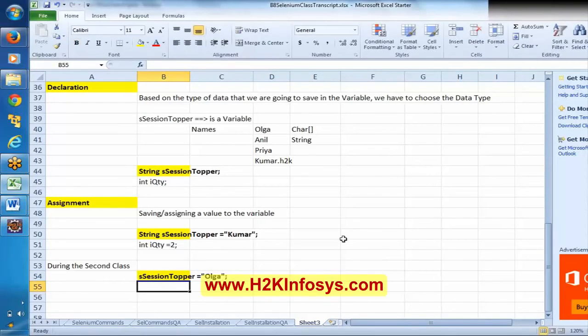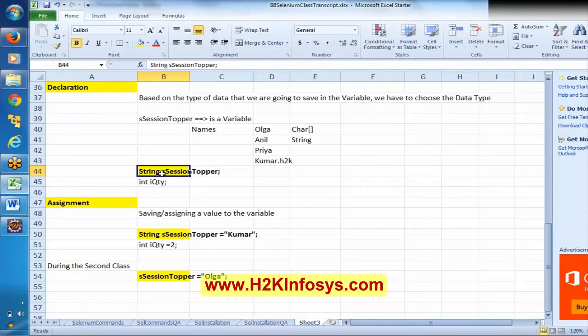Okay, like this. So basically I'm saving a value, or assigning a value into a variable, and that is called assignment. Declaring means I'm making Java understand that this is a variable. I'm intimating that session topper is a variable of which type? Of string type.